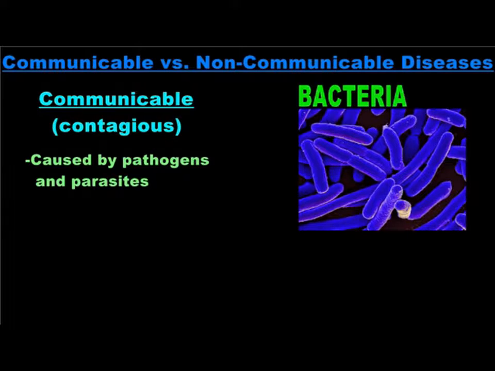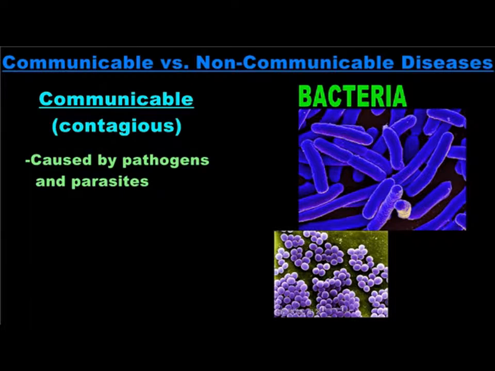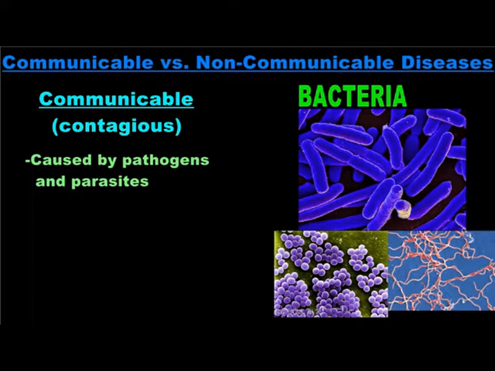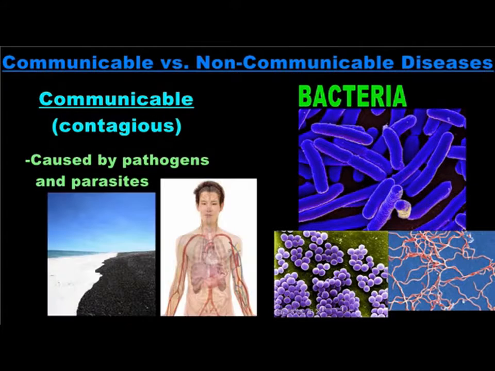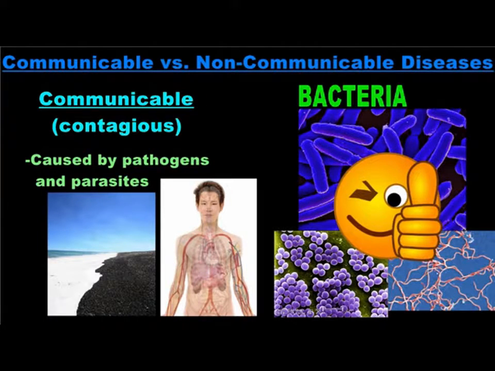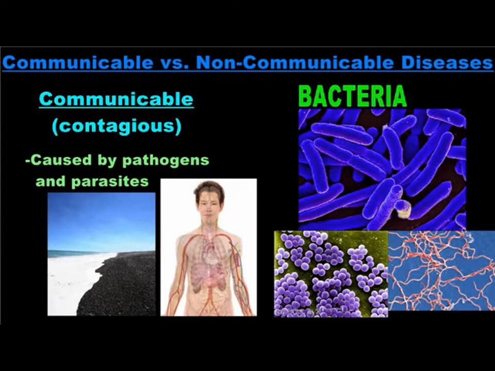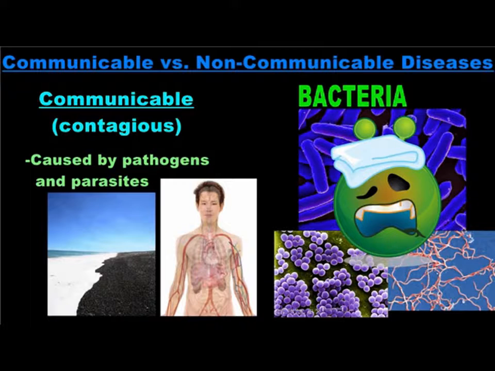Another type of pathogen that you are probably familiar with is bacteria. Unlike viruses, bacteria are alive. They are single-celled organisms that are found everywhere on Earth, from soil, air, and water to the surface of your skin and even inside your body. Most bacteria are beneficial in some way and do not cause disease. In fact, less than 1% of known bacterial species cause illness in humans. Those that are pathogenic, however, can cause some pretty serious diseases.